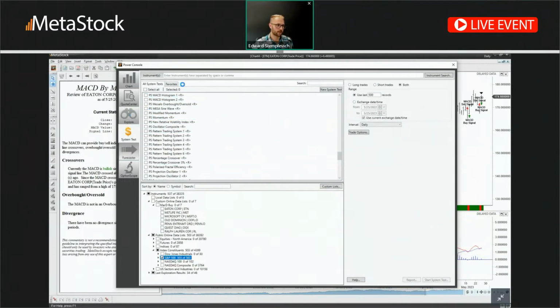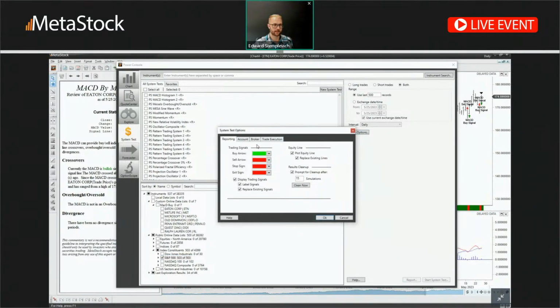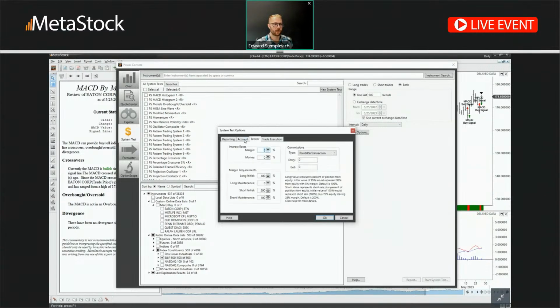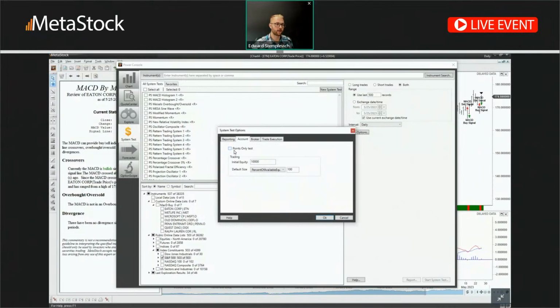You have your system tests up top, your data sets at the bottom, and then we can customize the system test. There's a trade options here where if you click that, you actually can customize the system test more in depth. You can choose the account tab. You can do a points only test. If you're an FX trader, you can test systems based on point movement over the price movement, which is what's needed for FX. Since we're going to be doing stocks today, we will do a $100,000